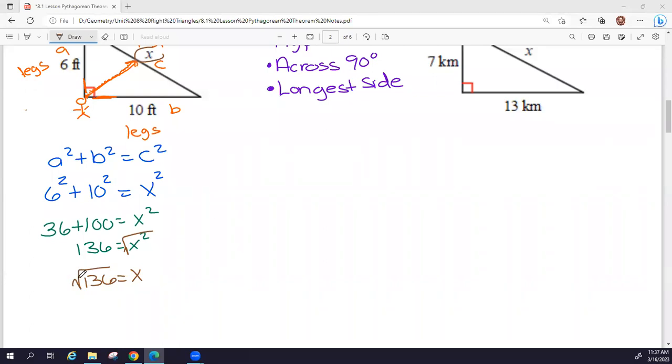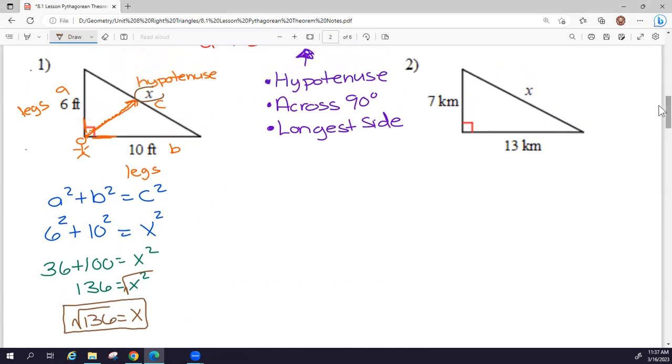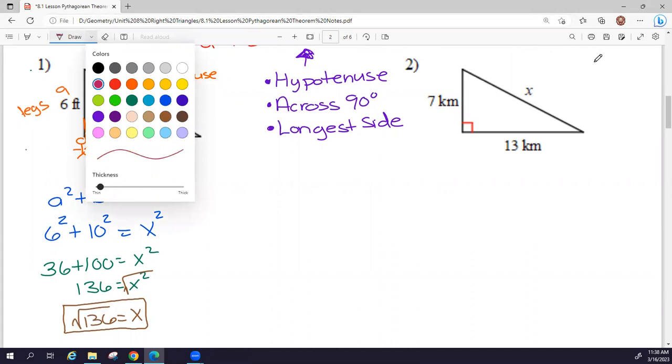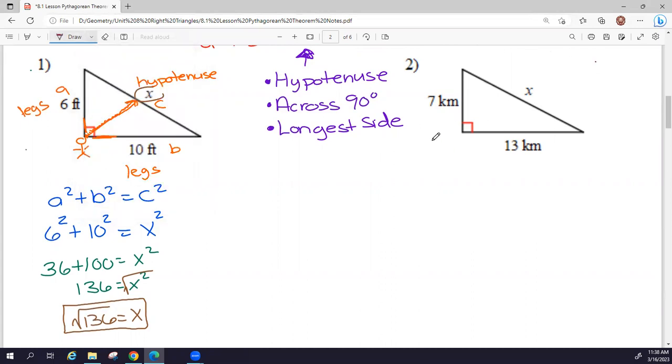We're currently working on simplifying square roots in class, so we're going to work on that a bit more together. For now, we're going to leave this like this, but in the future, I'm going to ask you to simplify that square root as best you can. But we'll work on that in class together a bit more before I ask you to do it right now. So for any right triangle, if we know two of the side lengths, we can figure out the third side length using the Pythagorean theorem. This only applies to our right triangles.